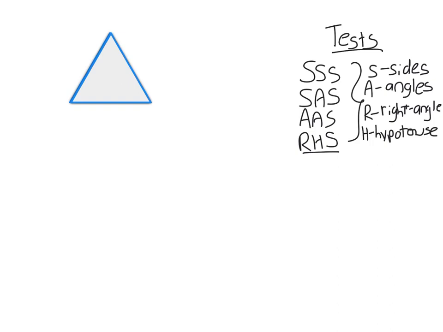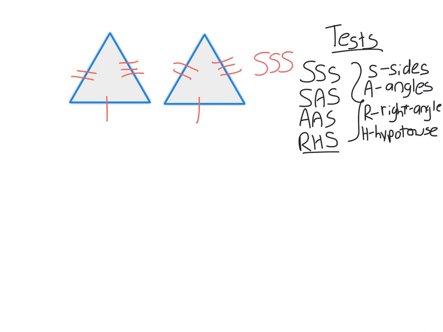So what are these tests saying? Well, what they're saying is rather than checking every pair of sides and every pair of angles, we use one of these tests to determine whether triangles are congruent. So it's saying that if I have 1, 2, 3 pairs of equal sides here, so note, if they have the same number of dashes, they're equal. So these two sides with 1 dash here, they're equal. The two sides with 2 dashes are equal. That's what they mean. So what the SSS test is saying is that if I have two triangles like this